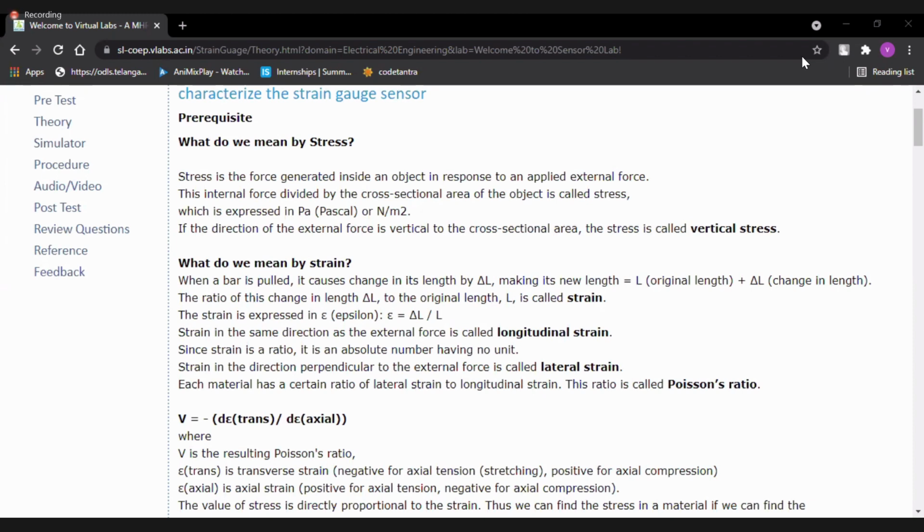You can give a response through the chat box at least. Gauge factor definition.